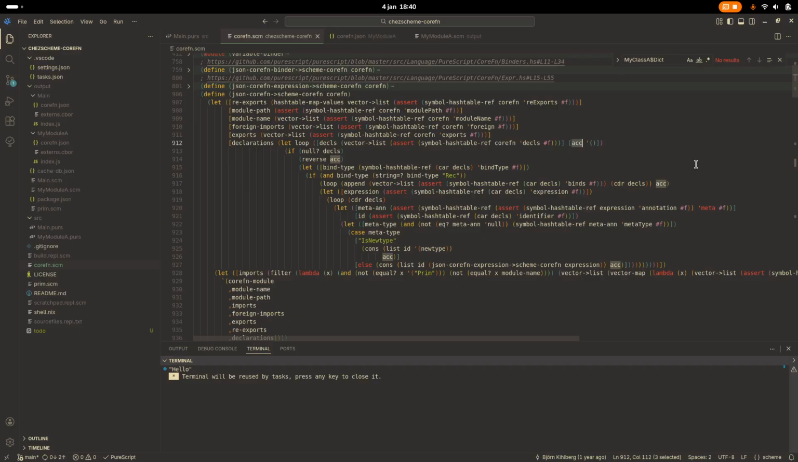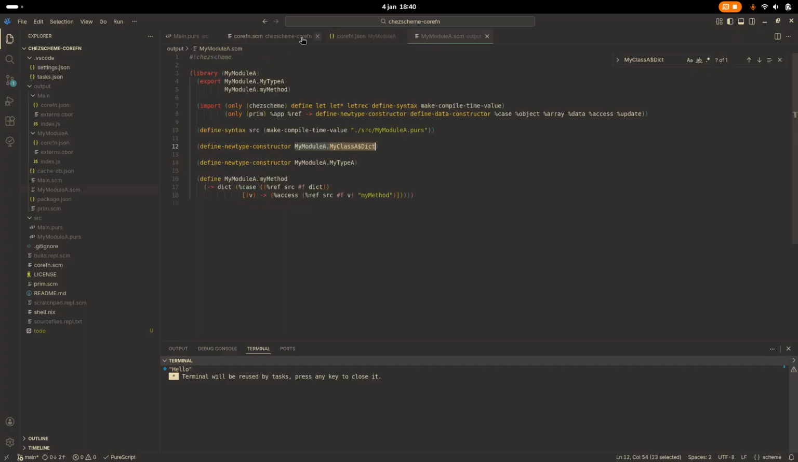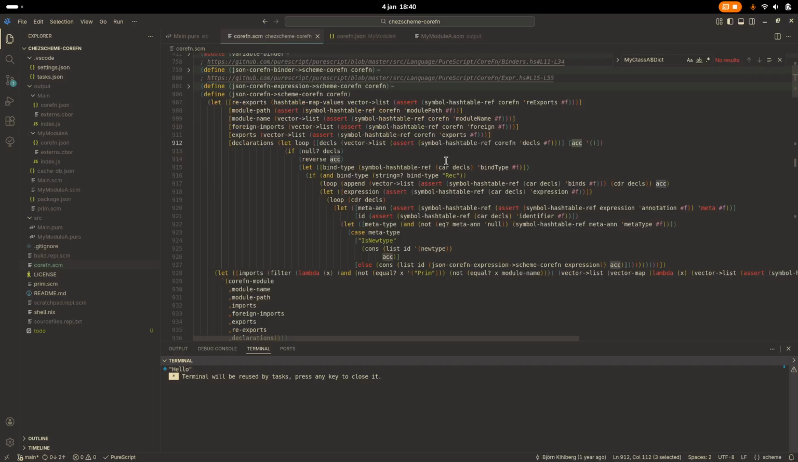Okay, let's think here. Okay, we got bind type. I mean, this should, yeah, non-rec, yeah. So if there's a bind type and it's rec, then we do something else. Okay. So now,